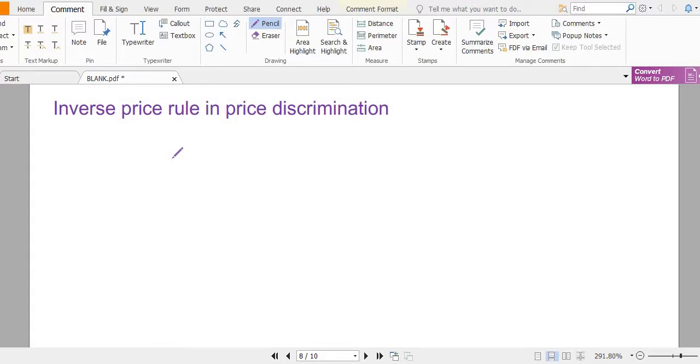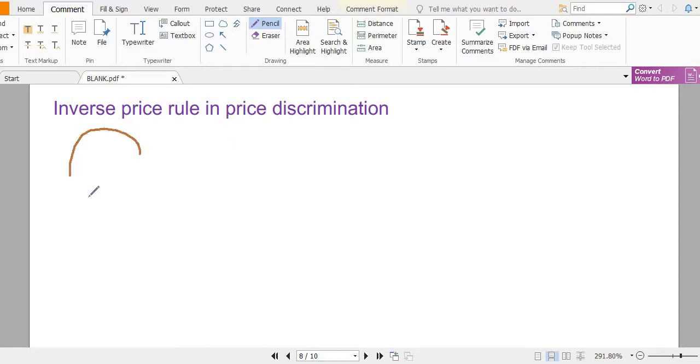Today's topic is an economics topic which discusses the inverse price rule in price discrimination. It's just a simple topic. I assume that we know the derivation for the principle that we'll be discussing today. Simply, we'll be considering the intuitive explanation, which I feel a lot of us are not fully aware of, the implications of the condition. So essentially what the inverse price rule in price discrimination says is that, let's say you